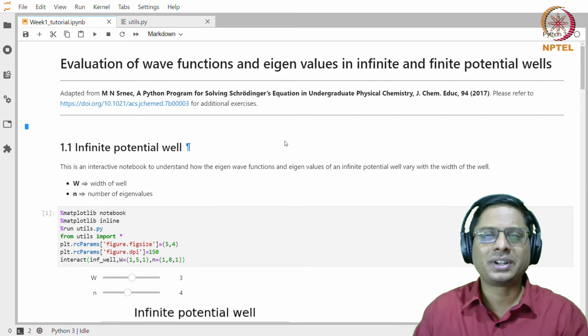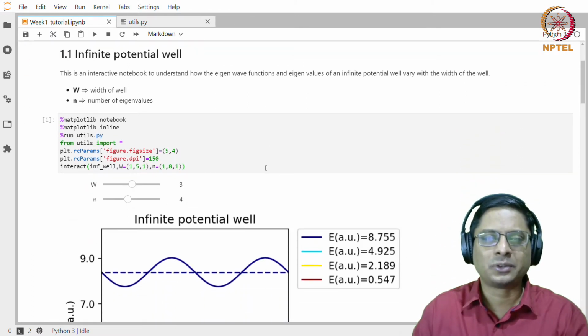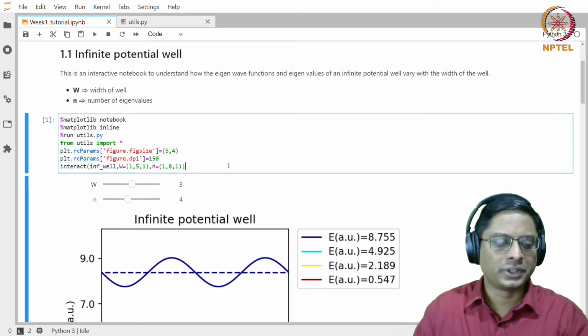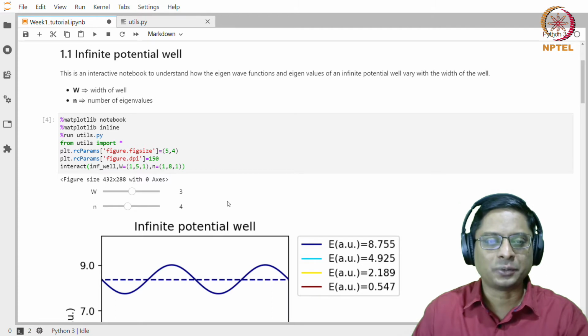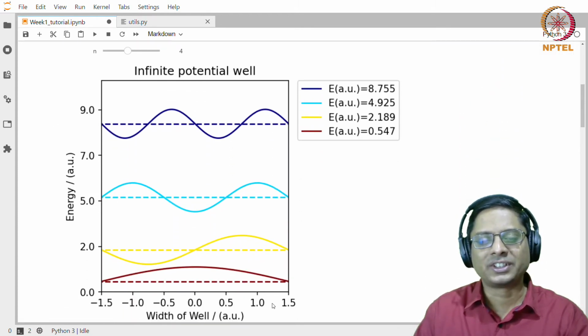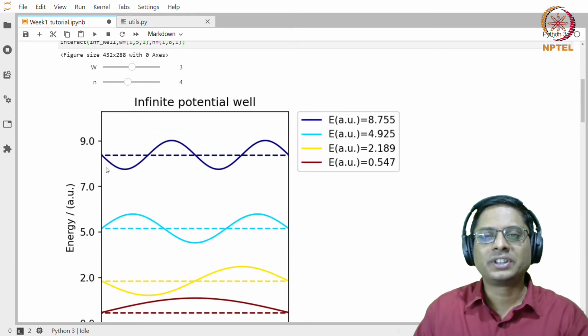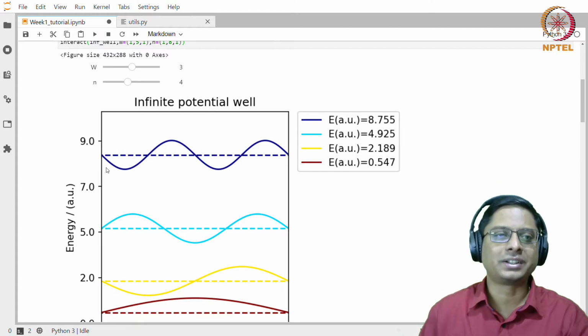For an undergraduate student, I don't think you need to understand how the code is done. You can just observe what is happening. Here we're taking a potential well, and the details are all hidden from you, so you don't have to worry about it. We represented this potential well of a certain width, and there are certain energies. We saw that the width, L squared, is in the denominator.